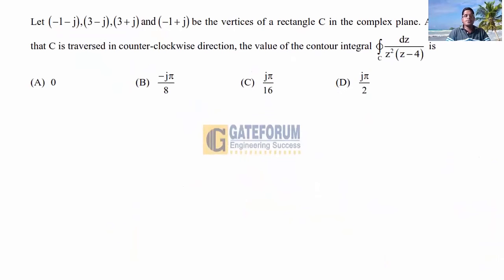The question is: let minus 1 minus j, 3 minus j, 3 plus j, and minus 1 plus j be the vertices of a rectangle C in the complex plane. Assuming that C is traversed in the counterclockwise direction, the value of the contour integral over C of dz by z square into (z minus 4) is, with 4 options A, B, C, D given. This question is from engineering mathematics, from the topic complex variable, subtopic complex integration. The solution is: